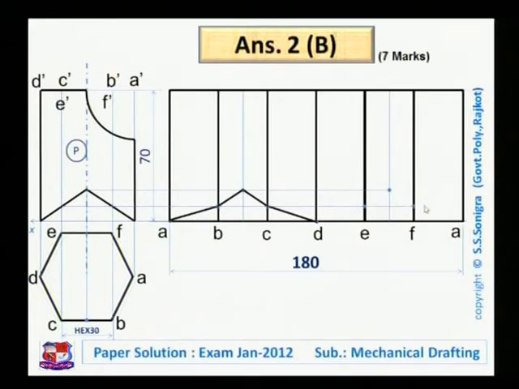So this is another point. Similarly, find out the position of point F. Here this point, draw a horizontal line from here, that will cut the vertical line from point F at this point. So join all these points with a straight line like this, and that is the developed portion of this backside D, E, F and A. So if we develop this bottom cut portion, its development would appear like this.